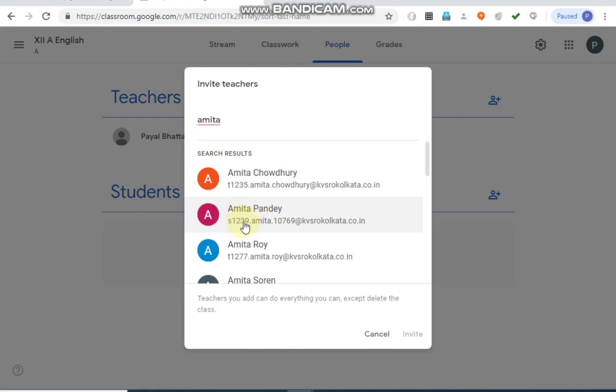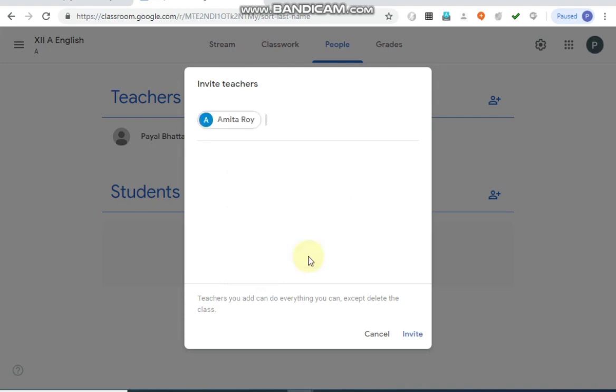This is a student under Kolkata region, but from 1239 school. Now see this one, Amita Roy, yes, T1277. This is a teacher, since T is there in the beginning, and 1277, this is my school code. And Amita Roy, she is here, so I will add her.